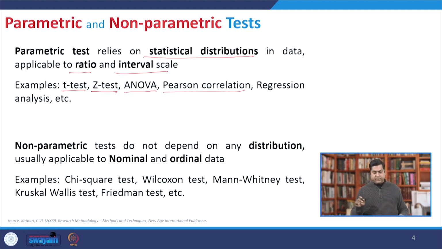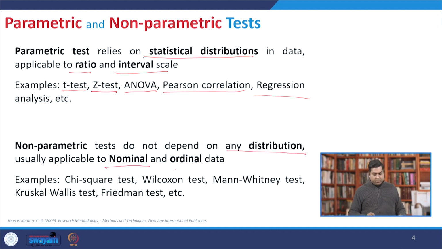It may also be something like Pearson correlation, then regression analysis, and there are so many others where you can apply your statistical test to bring out the required findings, or establish the relationship between variables, or establish the trend, or, in line with our previous discussion, test your null hypothesis for your study. Non-parametric tests, on the other hand, do not depend on any distribution,